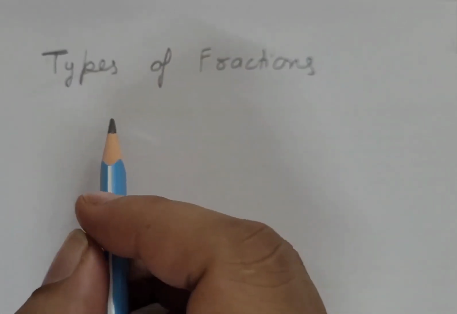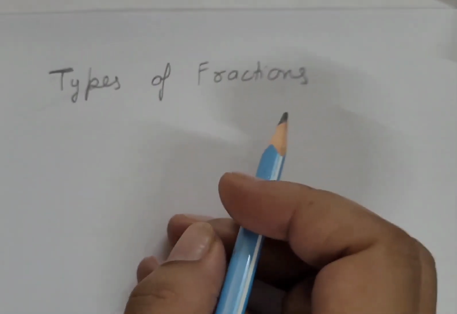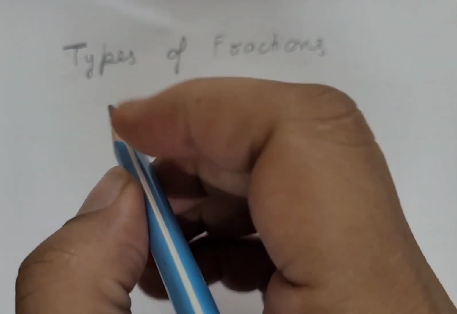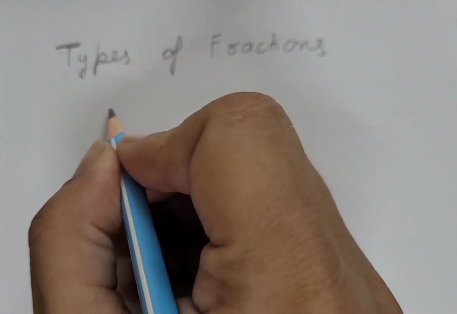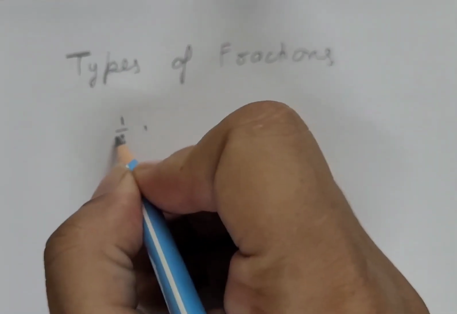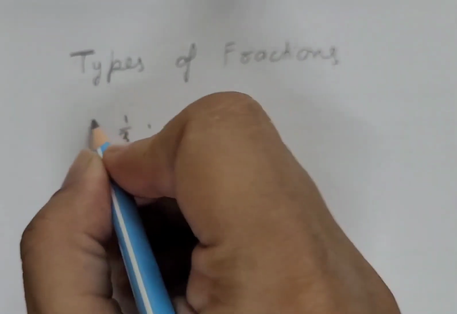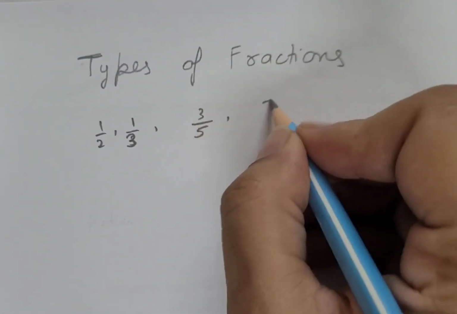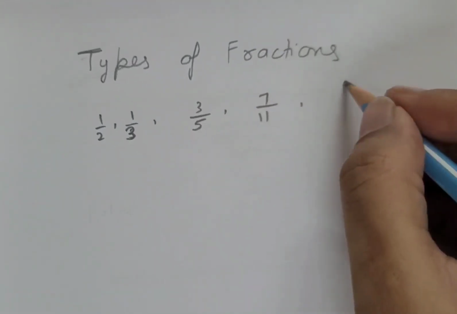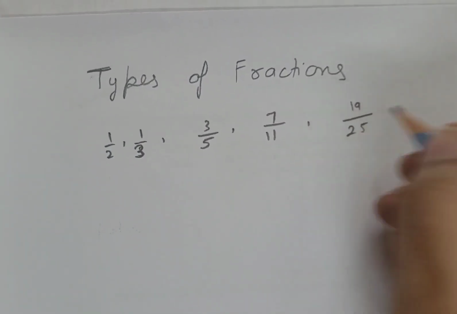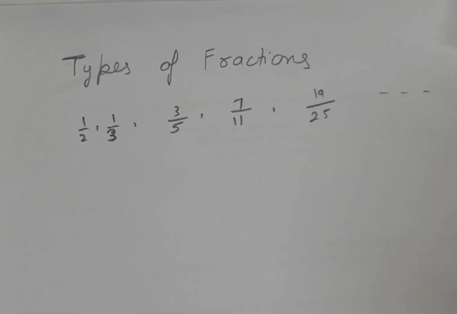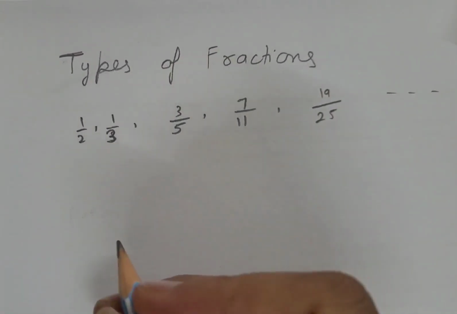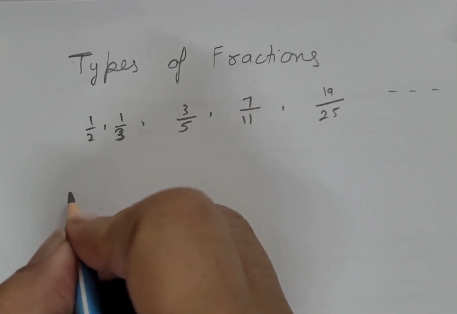Hello kids, today we will learn about the types of fractions. As we know, fractions represent a part of the whole. Examples of fractions are 1 by 2, 1 by 3, 3 by 5, 7 by 11, 19 by 25 and so on. Now, what are the types of fractions? We have